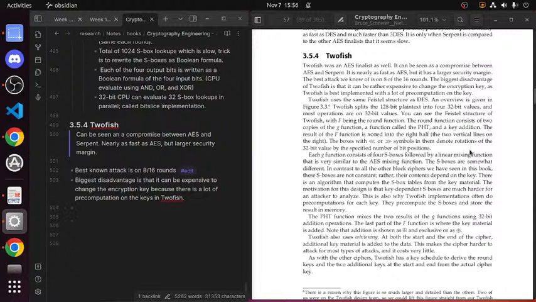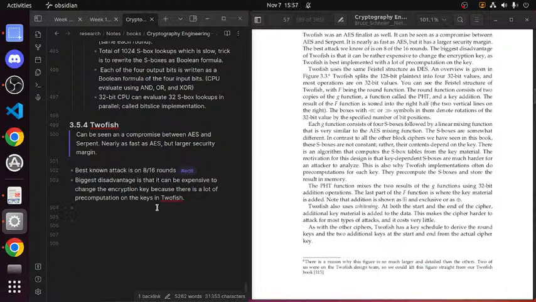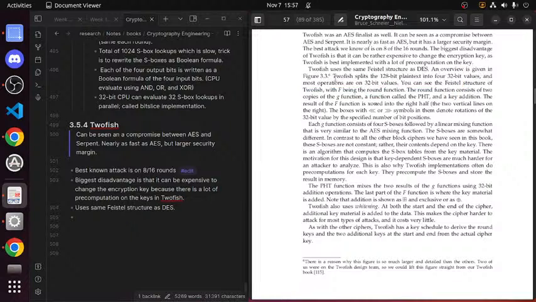Okay, so that's good to know. We're using Feistel again. So it uses the same structure as DES. So the encryption function and the decryption function are the same. They're just backwards of each other. That's one of the properties of a Feistel, I suppose. An overview is given in figure 3.3. We saw that already.